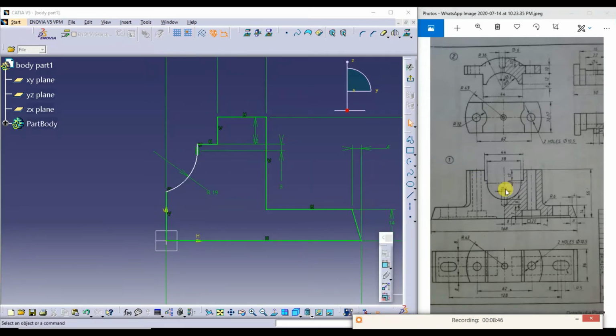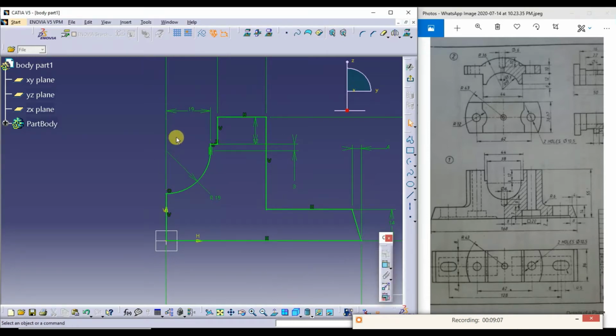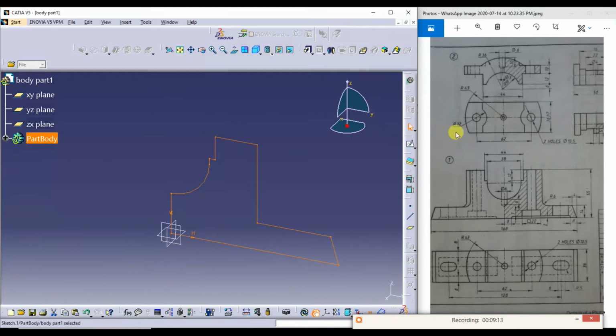Next, from here to here it is half of 38. Now I'll exit from the workbench. I'll try to give this radius later.